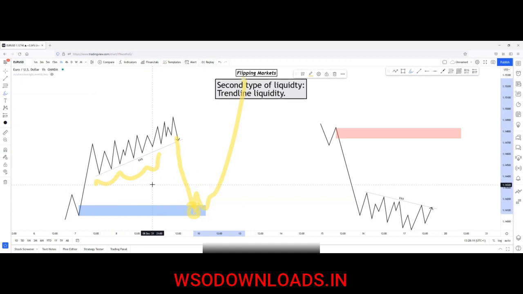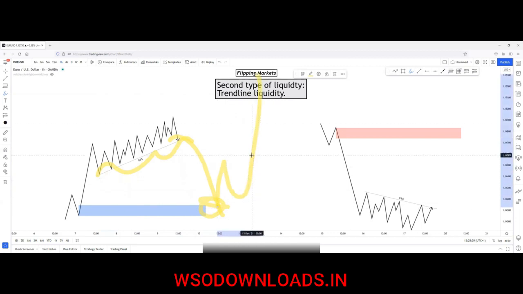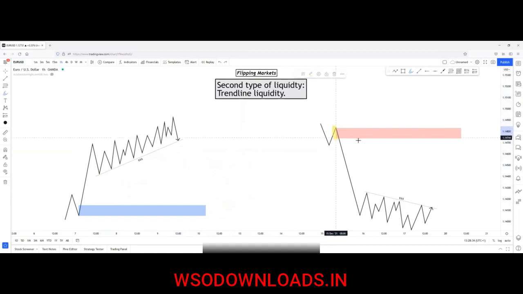Because as I said, the main purpose of the smart money is to enter only after the liquidity has been swept on the retail side. So you only want to enter if you know that the liquidity has been collected. If price sweeps this liquidity trend line, you can easily hop in a trade here and enter on the long side of the market. So once again, on the sell side, price created this valuable supply zone because, let's say,